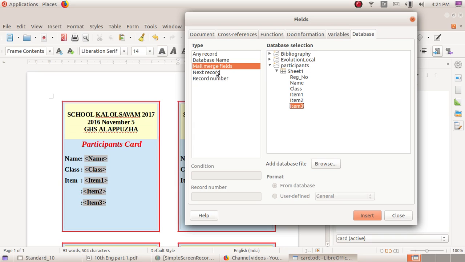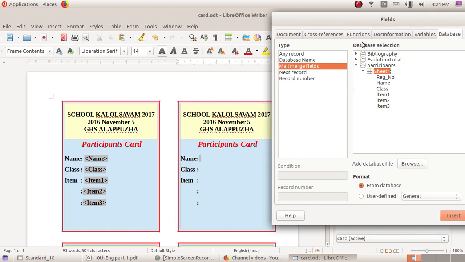Double click on Next Record, then go again to Mail Merge Fields, click on the arrow, and add name, class, item 1, 2, 3.